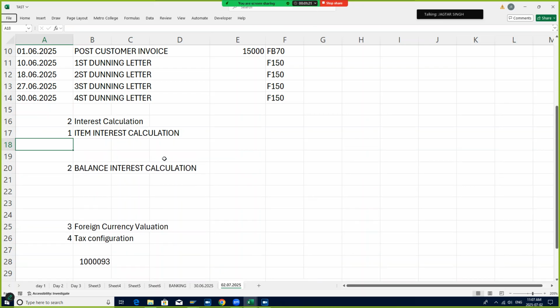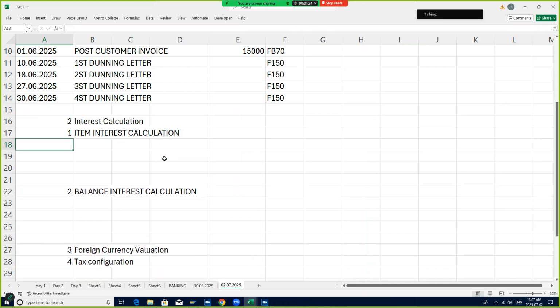So for that, let me take an example of vendor. We book the customer invoice for, let us say, 10,000 on 01/06/2025, and due date is also 01/06/2025. This is my posting date, this is my due date,